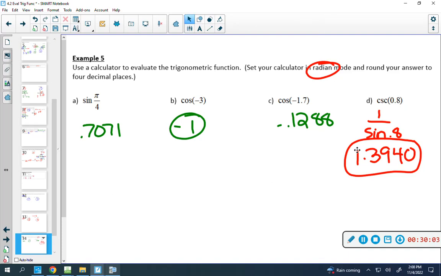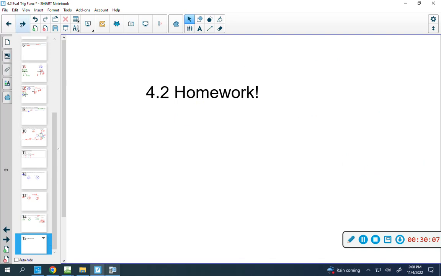Any questions on the calculator part? Nothing? Okay, so remember, homework is front and back, not umpteen pages like it was last night. And remember, Monday, no